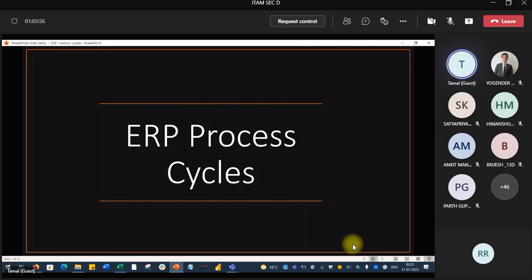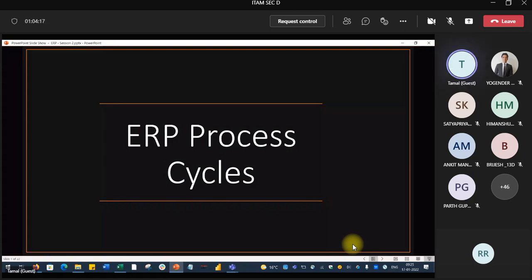You have to deliver that order to the customer, right? And after that, you have to get the money. So your cycle actually starts from order and ends when you are done with the cash.